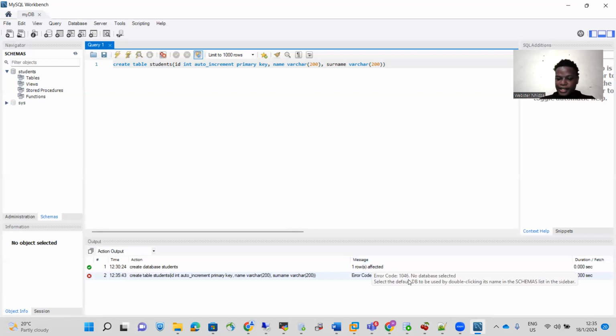We ran into an error. This error says no database has been selected. To solve this error, there are two things we can do. You can add the database name behind the table name, say students, so it shows that we're going to create